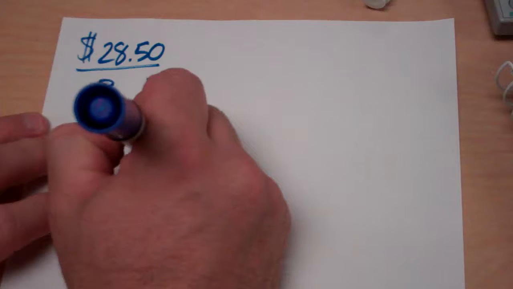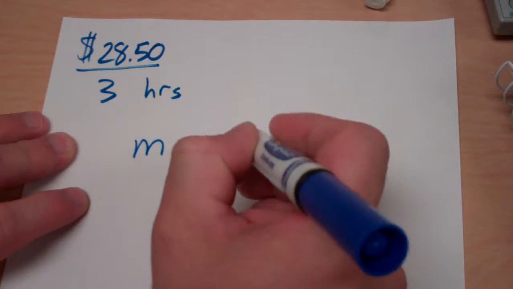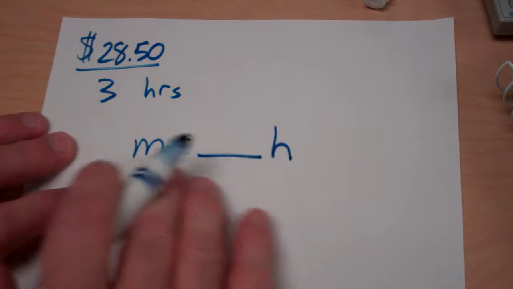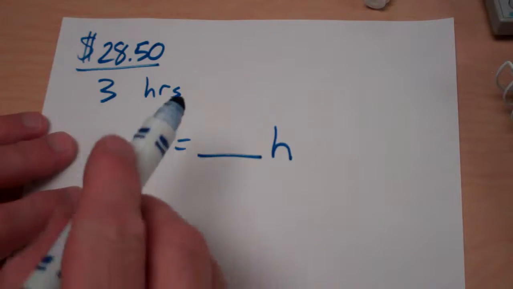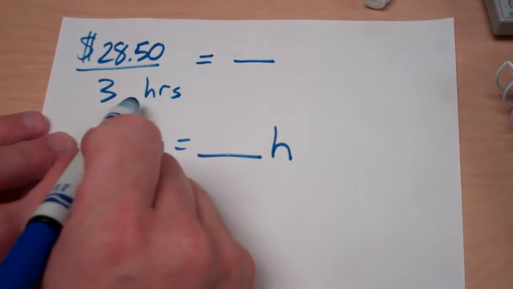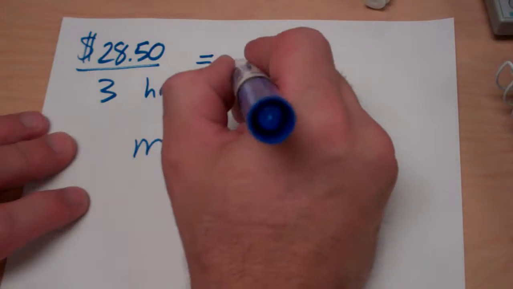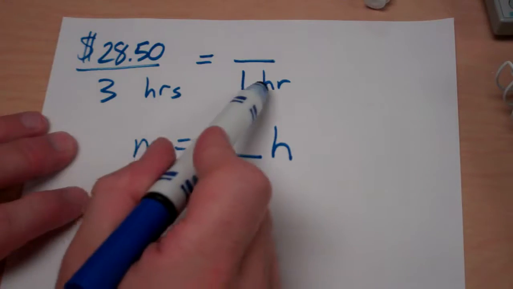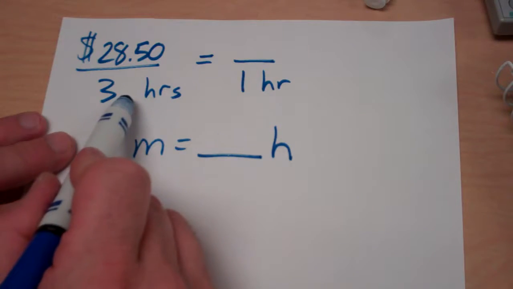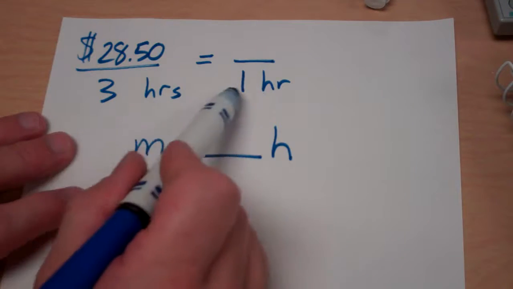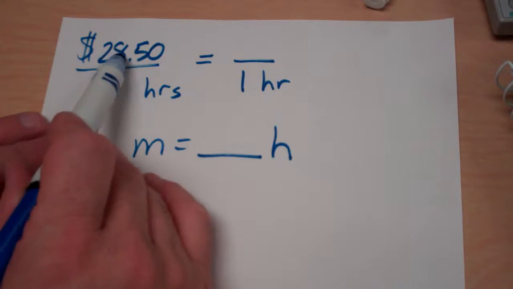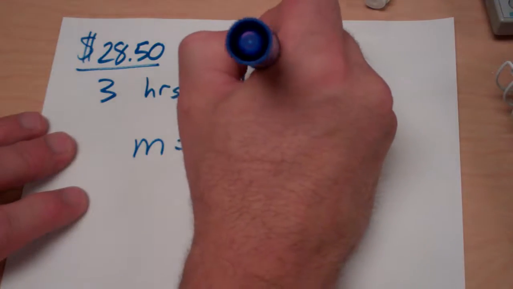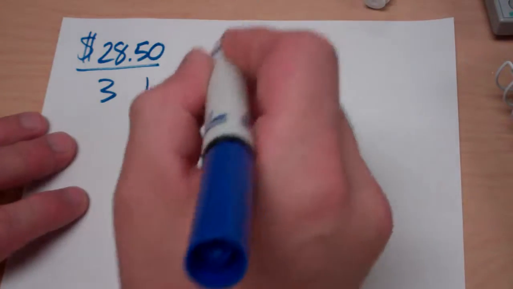Well, how do I get how much she earned? I take whatever she's earning each hour times the number of hours. And this will always work no matter how many hours she works. So I don't really want to know how much for 3 hours or 7 hours. I really want to know how much she's earning per hour, a unit rate. Once again, we can multiply the diagonals and divide by this one. But this is a unit rate problem, so you know what? Two things on top of each other means divide. Let's just divide and change it to 1 hour. So if I divide those, I get $9.50 per 1 hour,